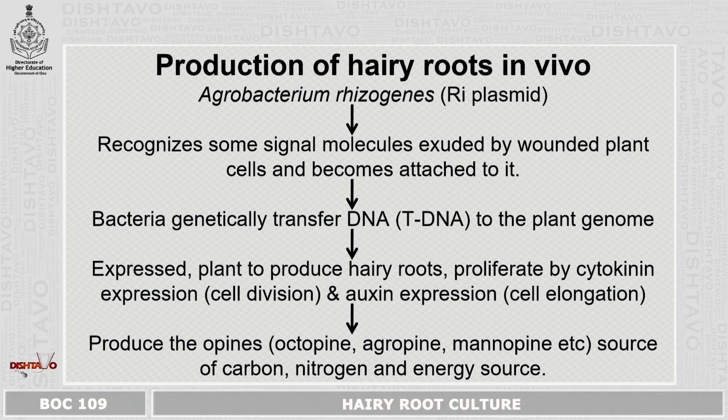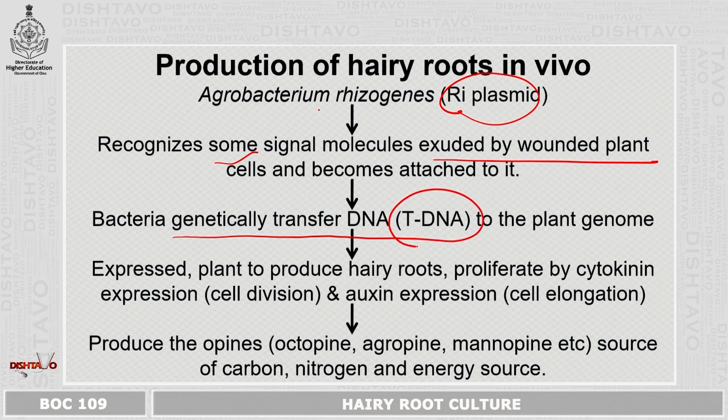rhizogenes, especially the Ri plasmid of Agrobacterium rhizogenes, recognizes some signal molecules which are exuded by the wounded plants when the plant cells become wounded. And once this Ri plasmid recognizes these signal molecules, the bacteria become attached to it. Now, once attached, the bacteria genetically transfer the T-DNA region, students, to the plant genome, where once